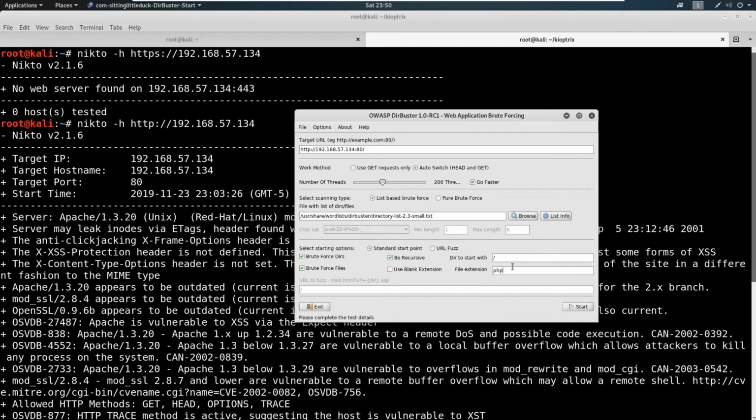Now, what we can do with these file extensions, and what I like to do, is run it against PHP or whatever the base of the server is, but I also like to run something like a text file, something like a zip file, and you can make this as long as you want. You could say a RAR, PDF, docx, but the more of these that you put in there,